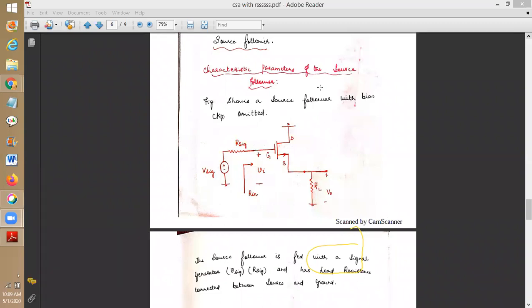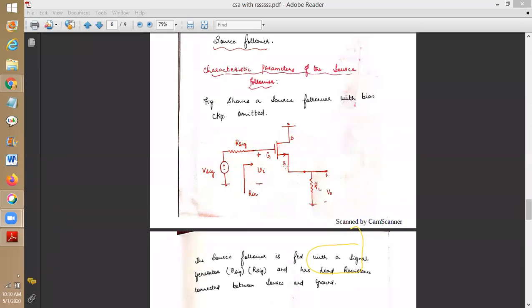So we have the resistance connected to the source, so we have to go for the pi model. Okay, sorry, T model. When we are connecting the resistance to the source, we have to go for the T model. When we don't have resistance connected to the source, we go for the pi model. So in this circuitry, we have the resistance connected to the source, so we have to go for the T model.